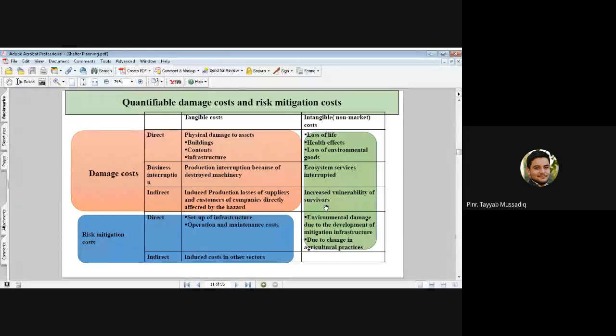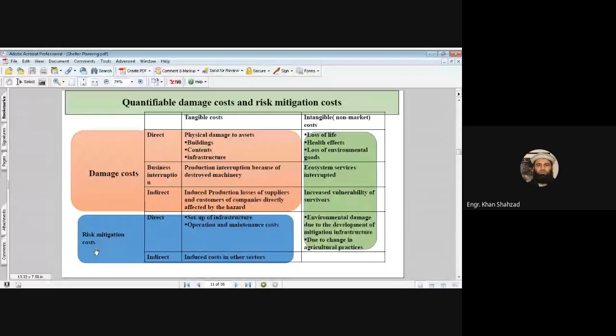Good. That means the people who are there, their exposure to disaster of any kind becomes greater. They have already been exposed to the disaster, so another disaster is going to hit these people. Yes sir. So they will be more vulnerable and more affected as compared to the people of other areas, who have not been affected initially and are being hit by a disaster for the first time.